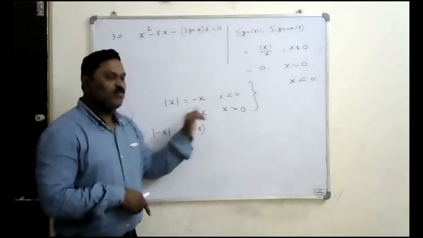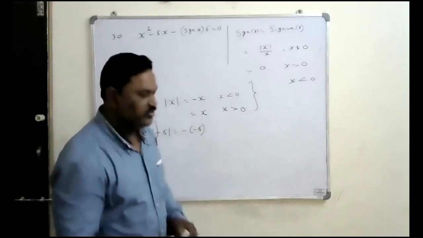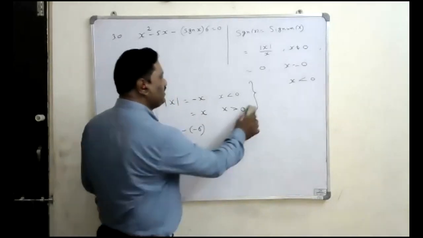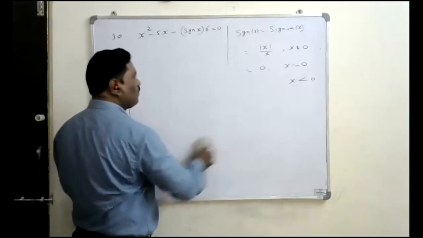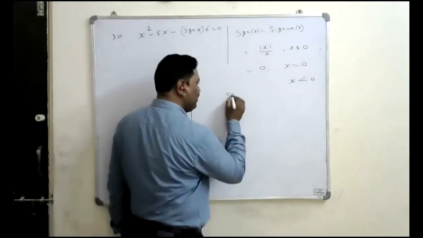When x is positive, we don't need to put the modulus, we can directly write x, right? This is the definition of mod x. That's why here also you can define it like this. Therefore, the signum function, that is sgn of x